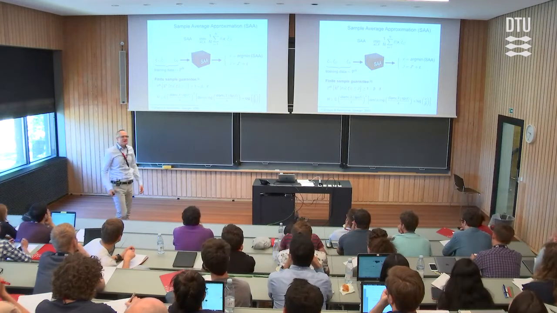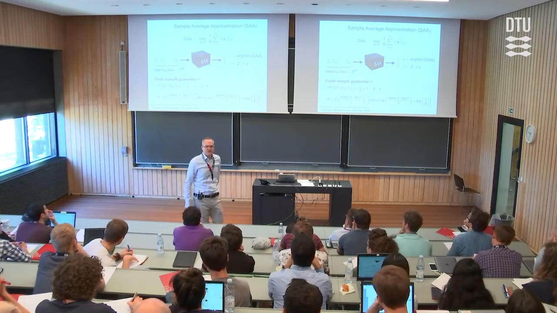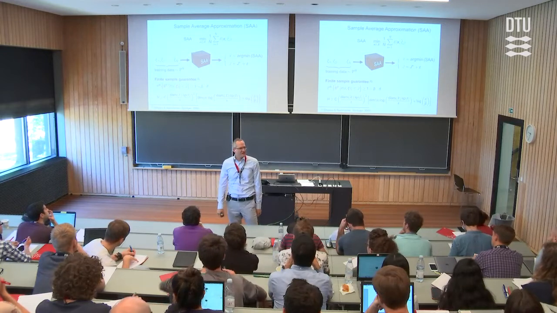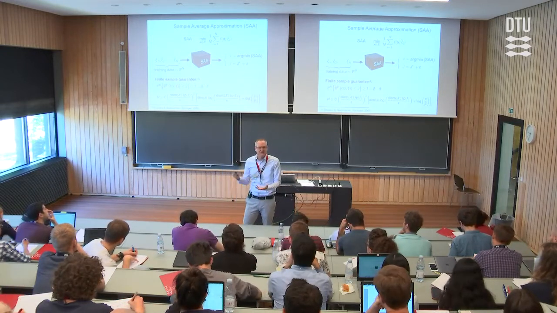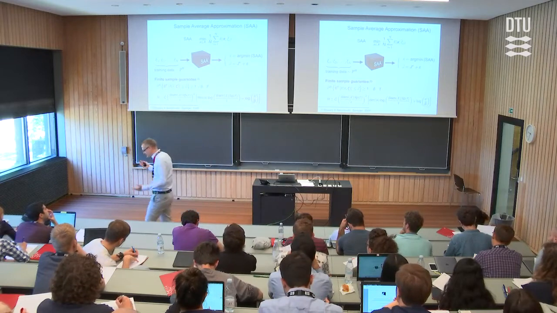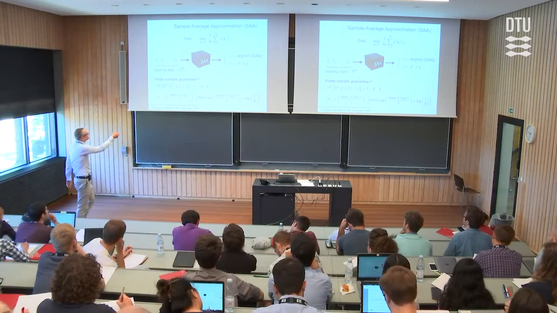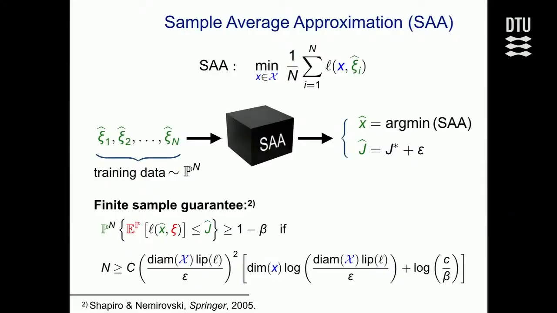So what people have usually done in stochastic programming, they used the so-called sample average approximation to find solutions to stochastic optimization problems. So basically, what you do here is, instead of minimizing the expected loss, which you can't because you don't know how to compute the true expectation, you just take your training samples and take the average of your loss over all training samples. That actually can be seen as an expectation as well.